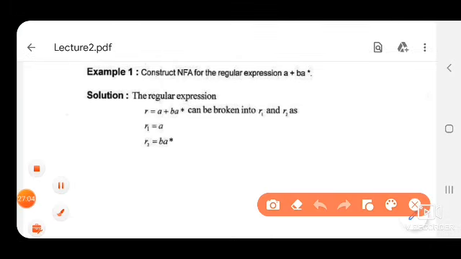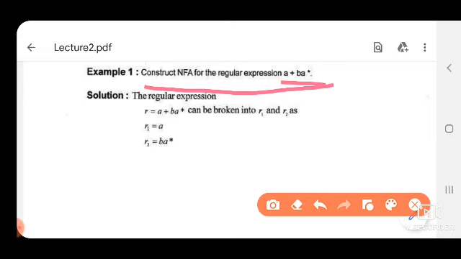Here you see the question is: construct NFA for the regular expression a plus b a asterisk. So, we have to draw an NFA with null transition. Here in the question it is written construct NFA, so we have an NFA and we can use null.